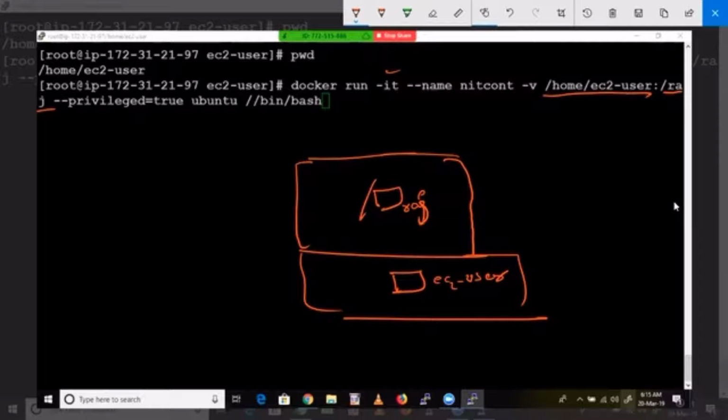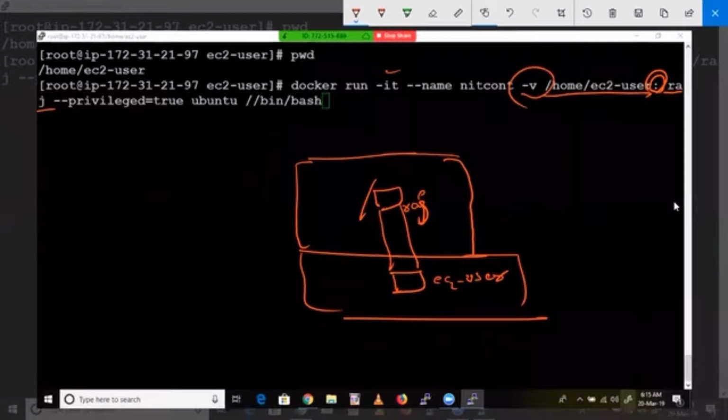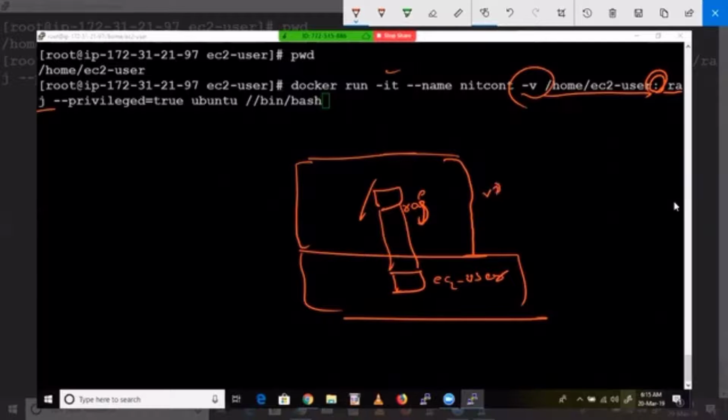Since we have given this, that will be mapped, and these two are declared as volumes. That means whatever data you put here in your ec-user folder, that you can see inside this, and whatever data you put here, that you can see. Since there should not be any folder permission level issues, that's why we have given privileged equal to true. Understood this one?